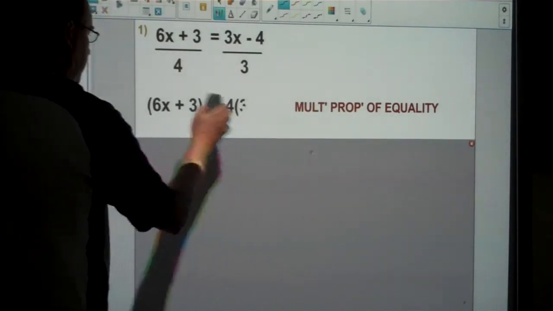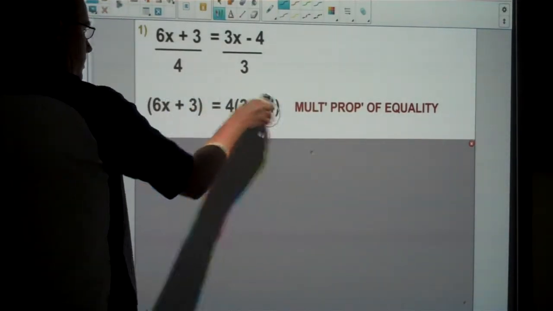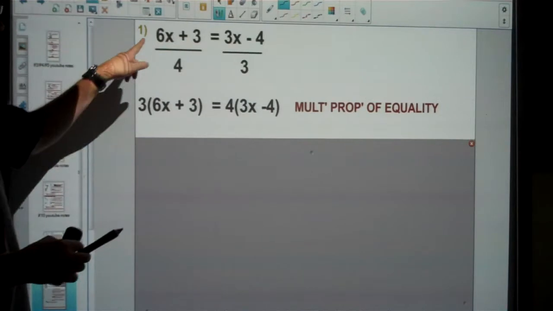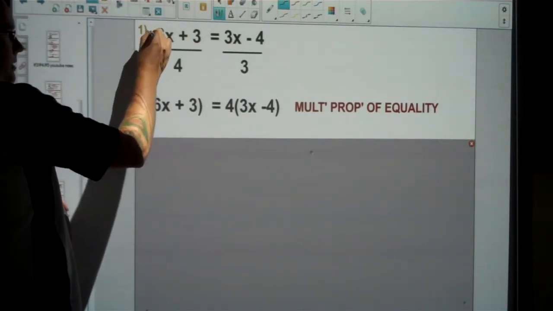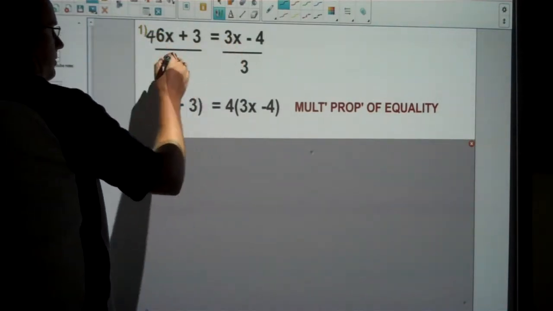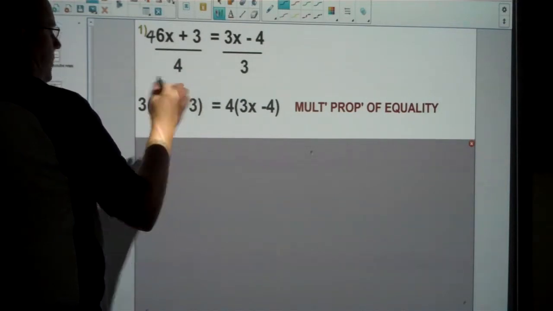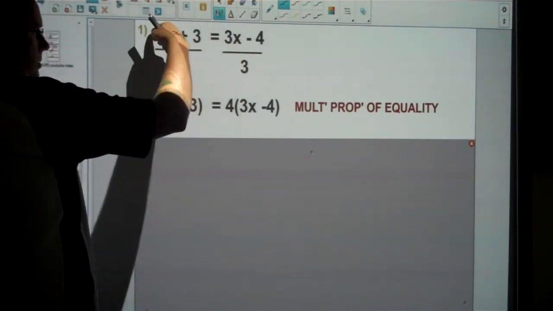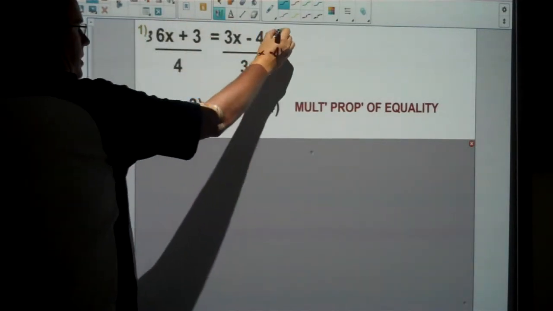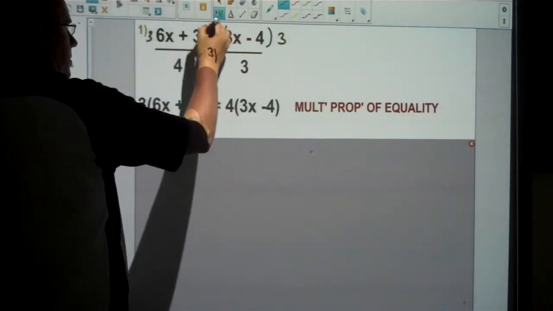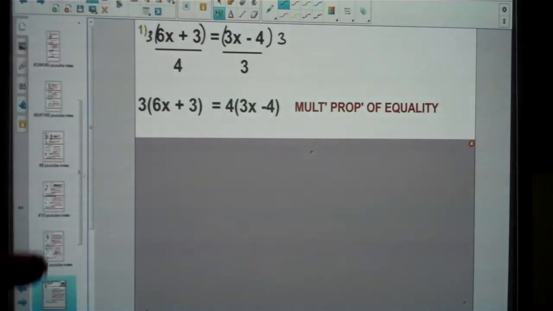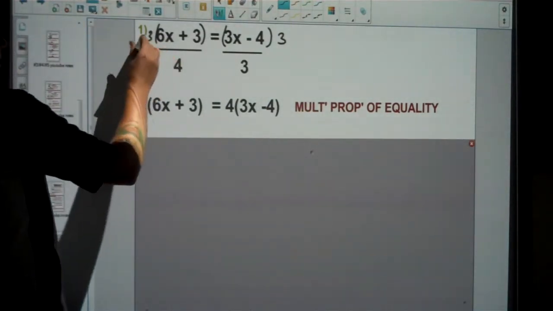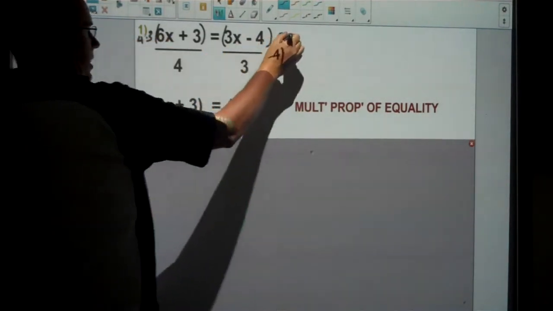Let me bring that down a little bit more. So what I'm really doing is this. I'm timesing this one by 4, and I'm going to times this one by 3, and I'm going to times this one by 3. And I'm going to put parentheses to show I'm multiplying all of the top by 3. But also for this one, I'm going to times the top by 4, and I'm going to times the top